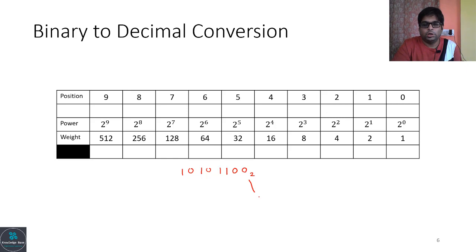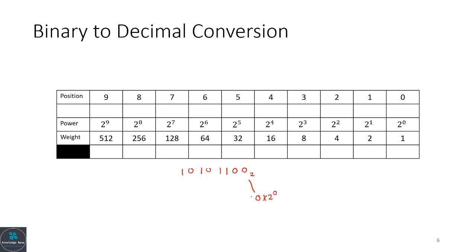We are putting 0 into 2 to the power 0, plus 0 into 2 to the power 1, plus 1 into 2 to the power 2, plus 1 into 2 to the power 3,